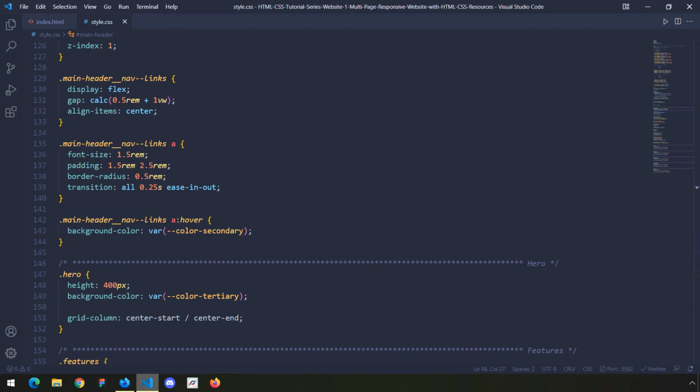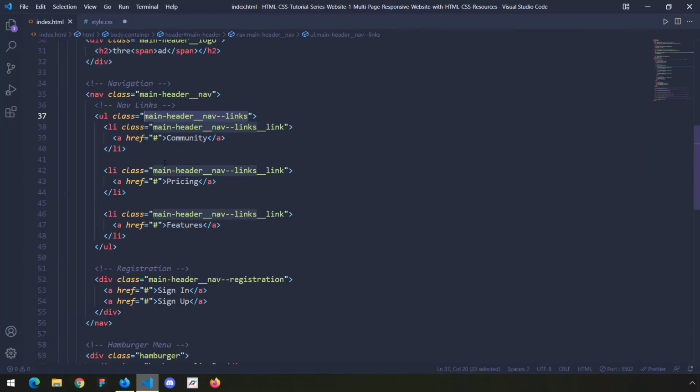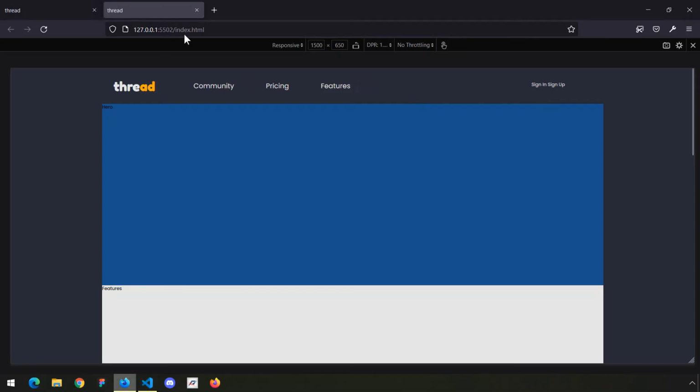Now let's go ahead and let's style the registration as well. So I want that to be flexed as well. So you can see how we use flex a lot for smaller components. But when it comes to the general layout, bigger layouts, we use grid. I mean, you can create an entire website with grid, and you can create an entire